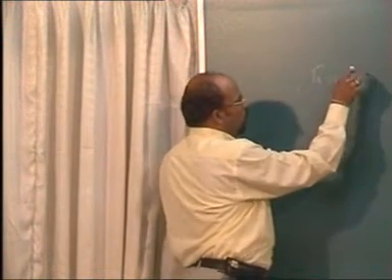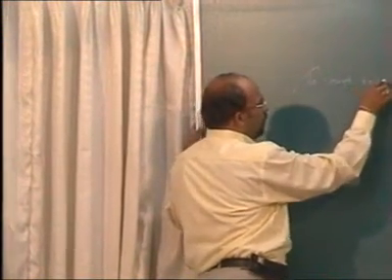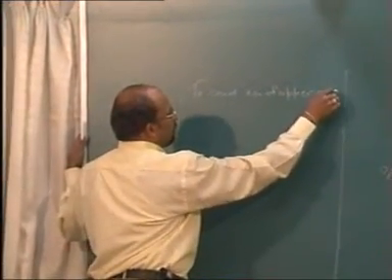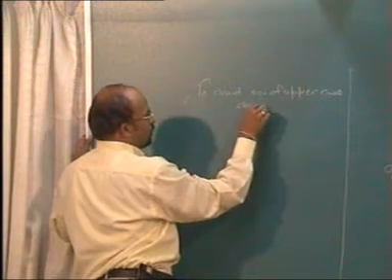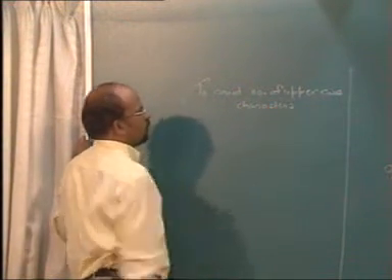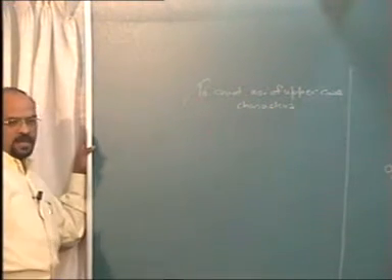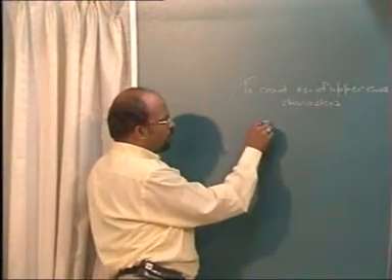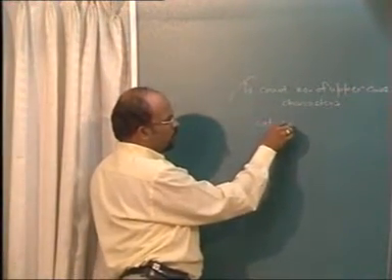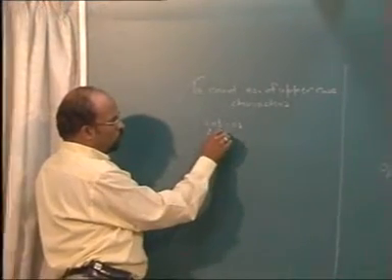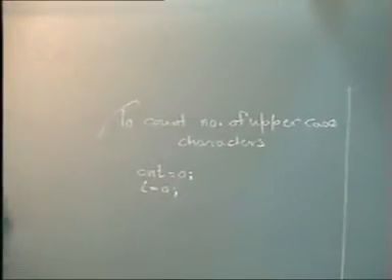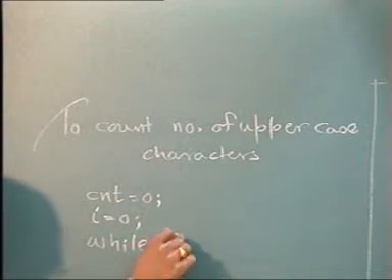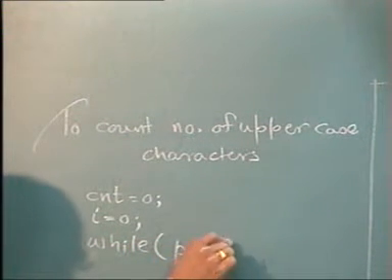To count the number of uppercase characters, I require a counter, which will be initially 0, and a position I to go through that string, I = 0. I will have to scan each and every character. So while P of I is not equal to \0,